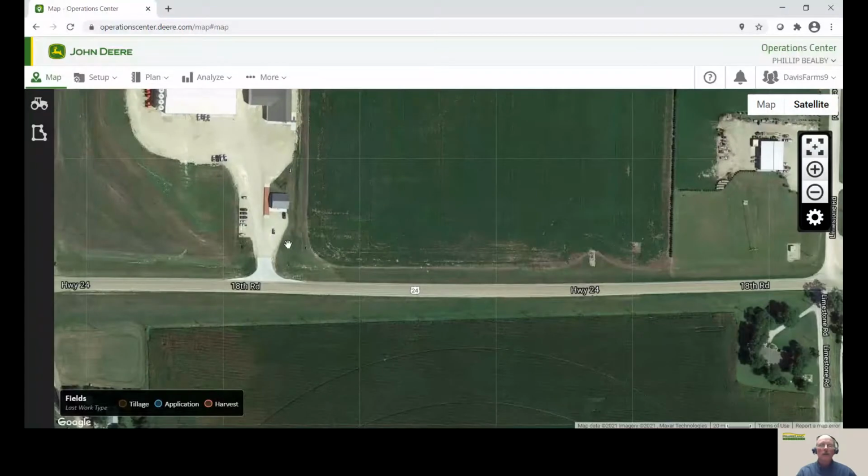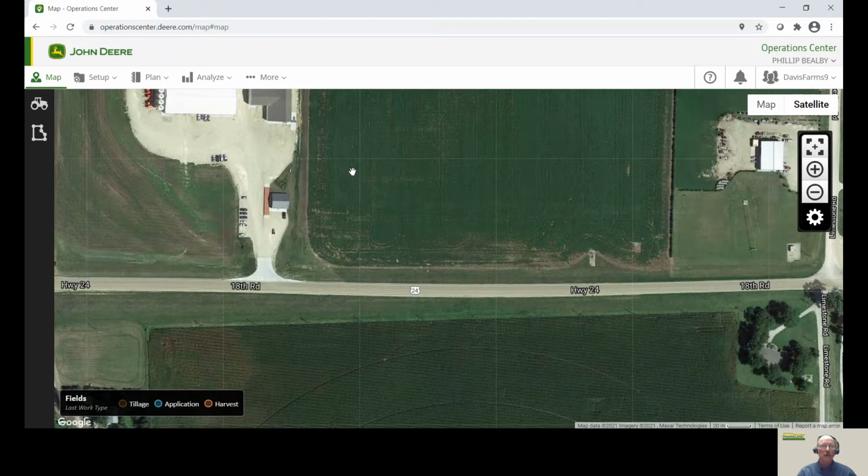Today we'll discuss the Operations Center updates for January 13th. The changes are primarily in navigation to help create a little more commonality between the website and the phone app. The phone app's updated now too, and is called the Operations Center Mobile, so you'll want to make sure and